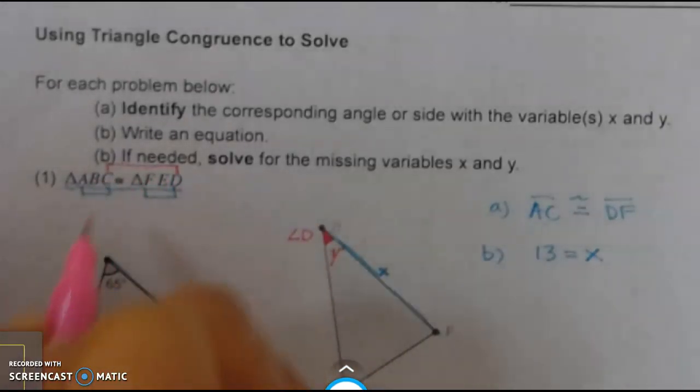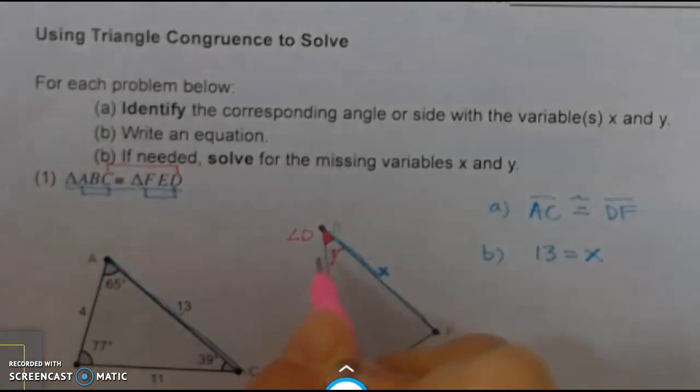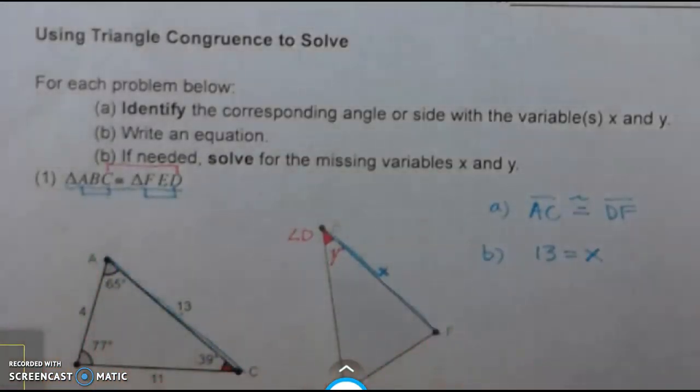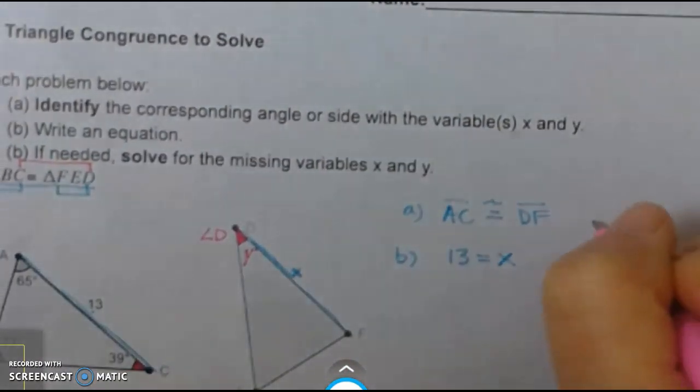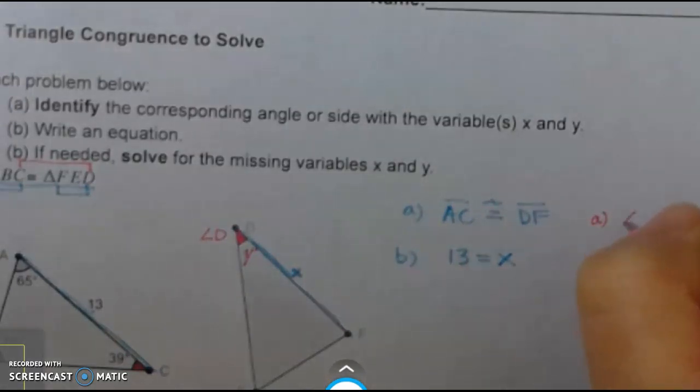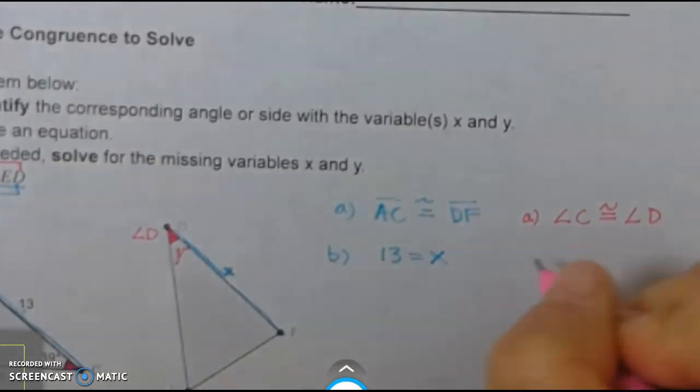And C is the last letter. So C and D, they correspond to each other. So I can say that for the first part, A, angle C and angle D are congruent to each other. Okay, and then